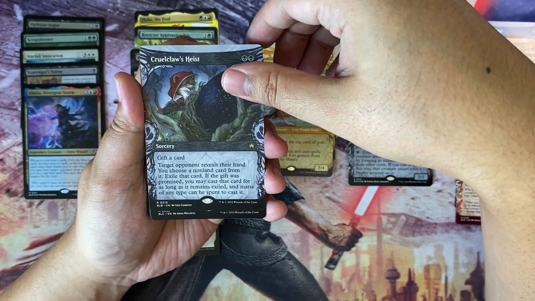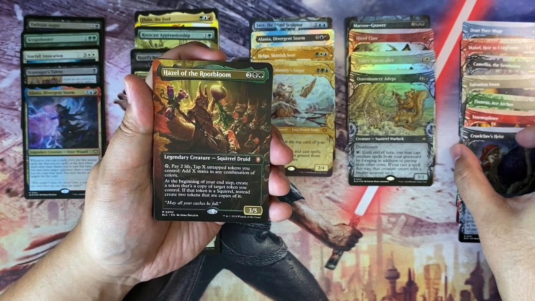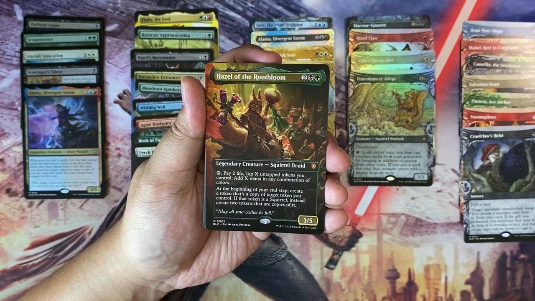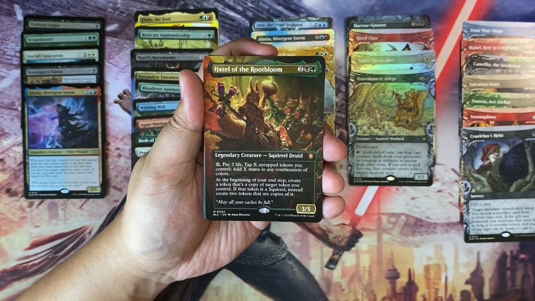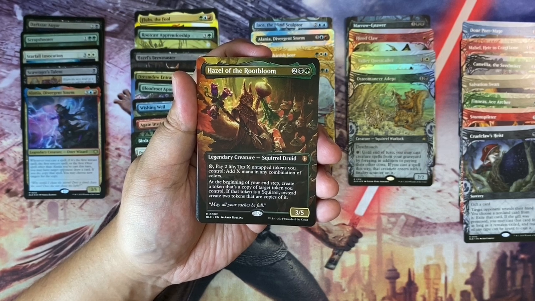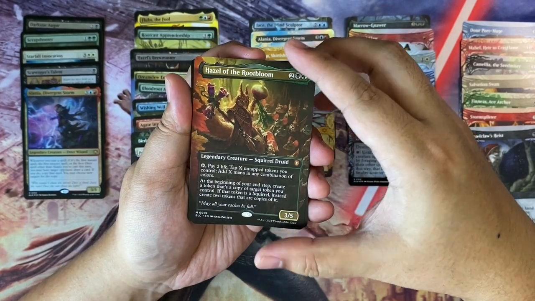I think this is the first time I've ever opened a 3 mythic pack, and that is Hazel of the Rootbloom from the precon. I think this is the face commander of one of the precons. So Hazel is 2 Golgari, Squirrel Druid 3/5. You tap, pay 2 life, tap X untapped tokens you control, add X mana in any combination of colors. At the beginning of your end step, create a token that's a copy of target token you control. If that token is a squirrel, instead create 2 tokens that are copies of it. Beautiful. So showcase